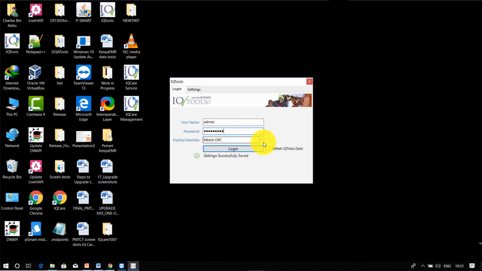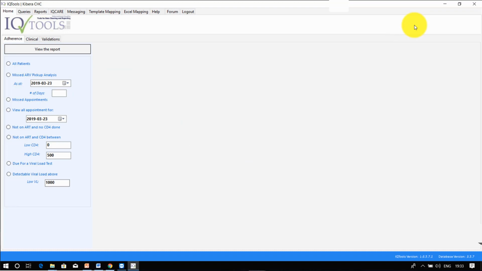Select your facility's name. Then check the box written Refresh IQ Tools Data, then click Login. So here is our upgraded IQ Tools version 3.5.7. This marks the end of our IQ Tools upgrade.